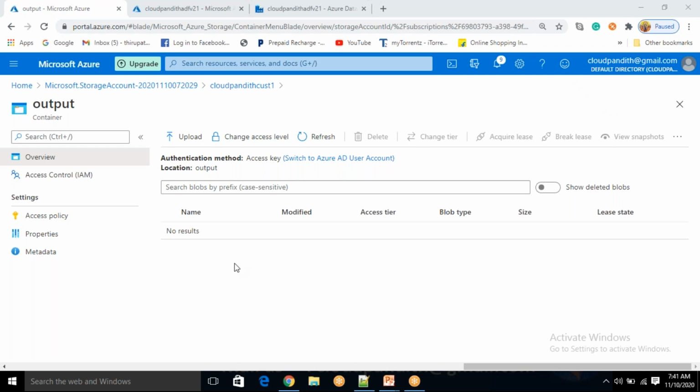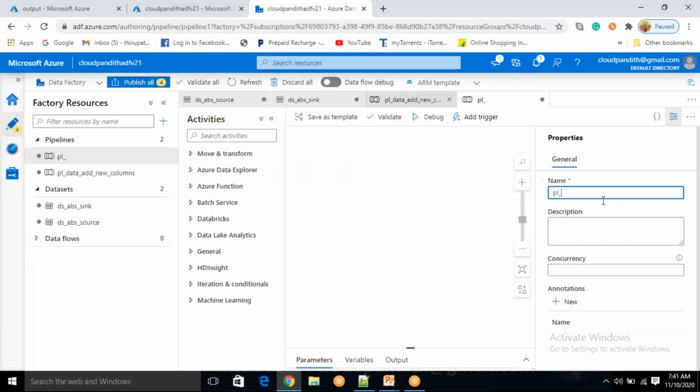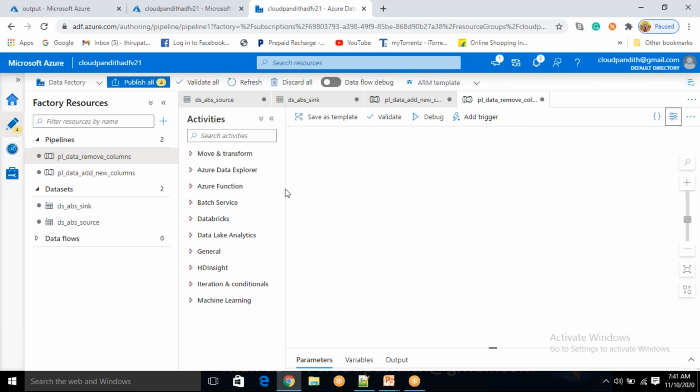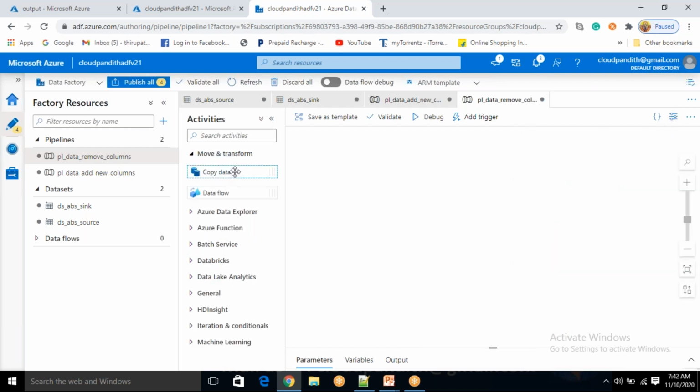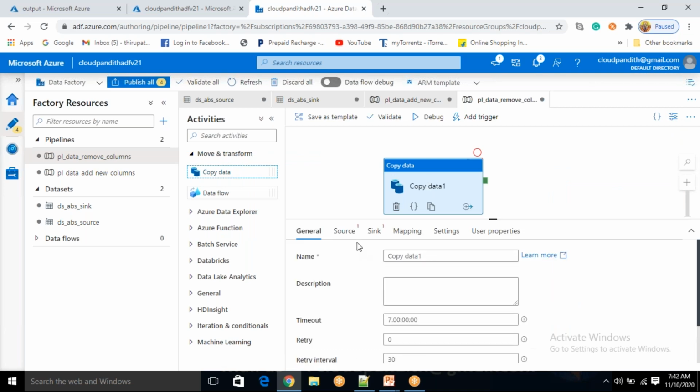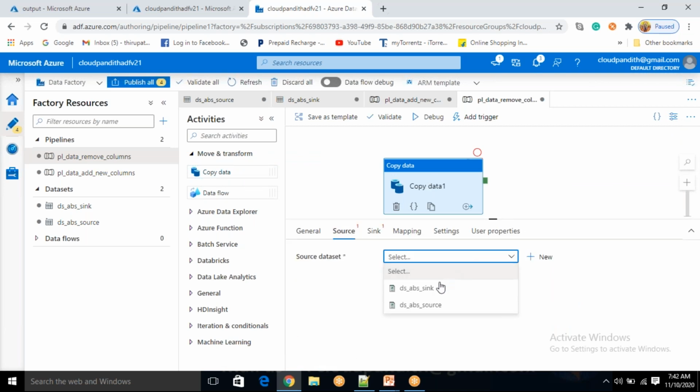Okay, fine. Now you see here, Cloud Pandit first one, this is my output content. Now come back to your data factory, PL underscore data. Remove columns. I want to remove the columns while I am copying data from source to destination. Just bring the copy data activity again. What is your source?